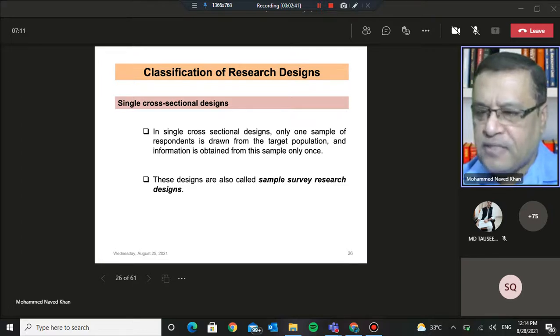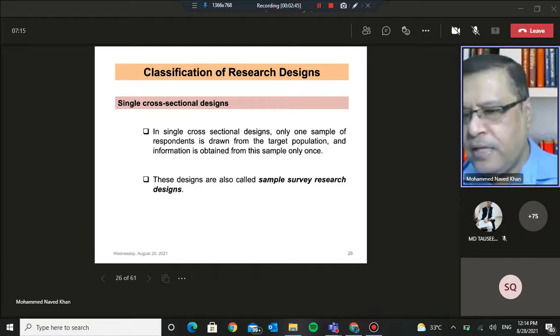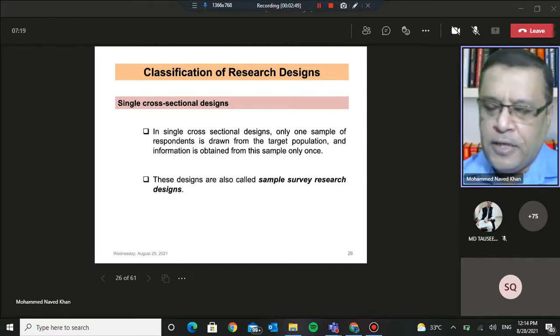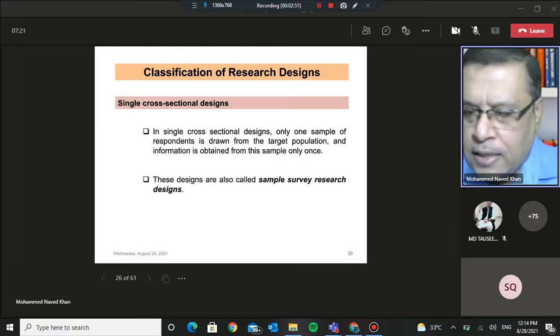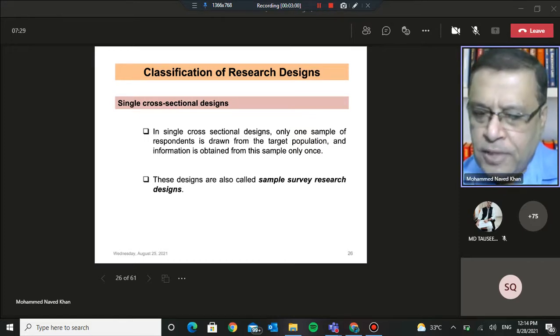Suppose the sample comprises human beings, individuals like you and me, and once I have generated data from that group using the sample I have drawn, and suppose I administered a questionnaire, which in technical terms we refer to as a research instrument, then my relationship with that group ends there and then.